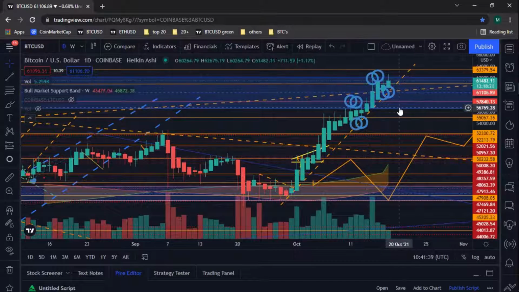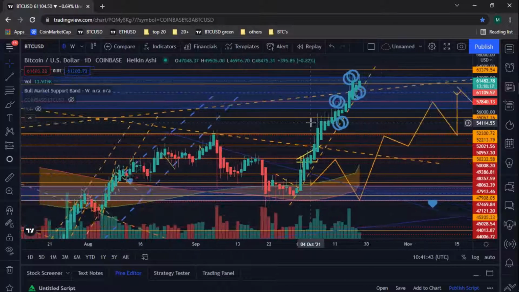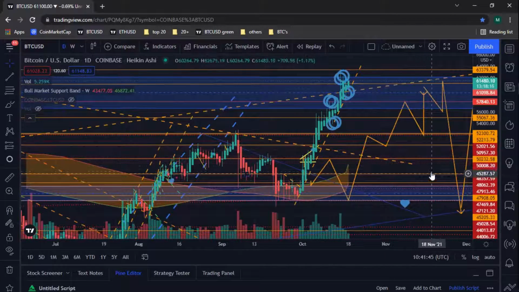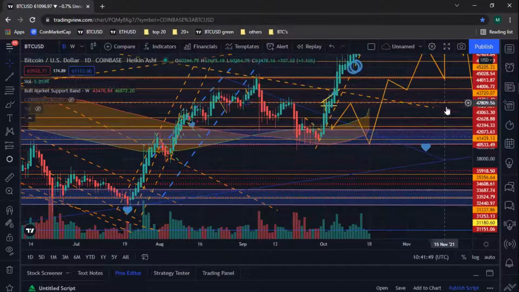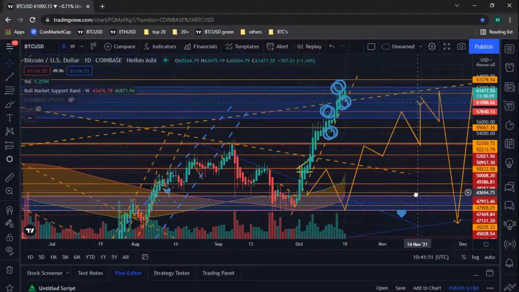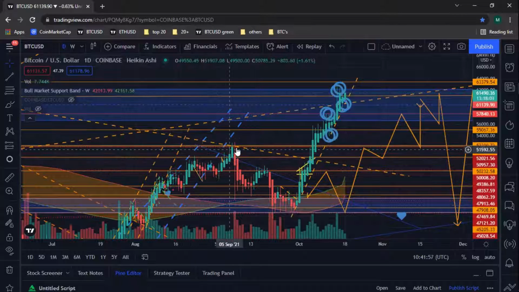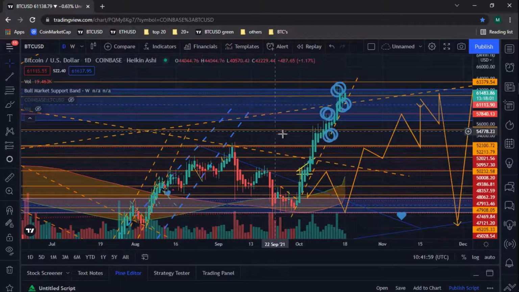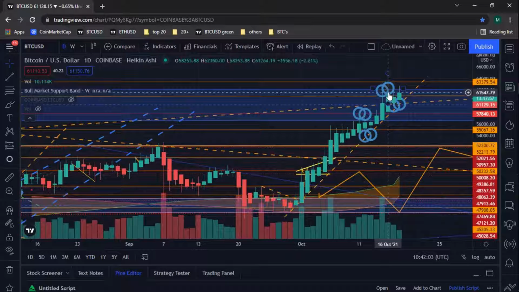This big resistance. Like when we were down here at 30K and I was talking to my partner, we had already decided, we already knew, and everybody knew that this is the resistance. This is where we'll be selling. Now, we sold here as well. It's great. And you can sell in other places, of course, do all these kind of trades. But to get past here, it just doesn't make any sense.